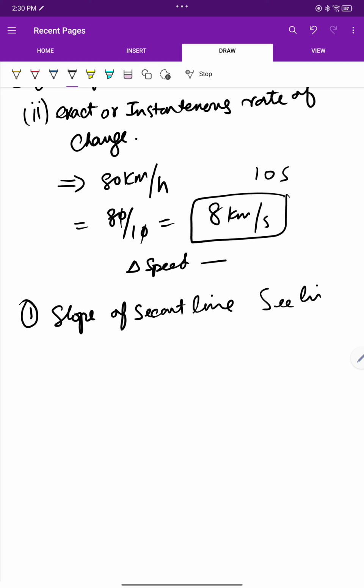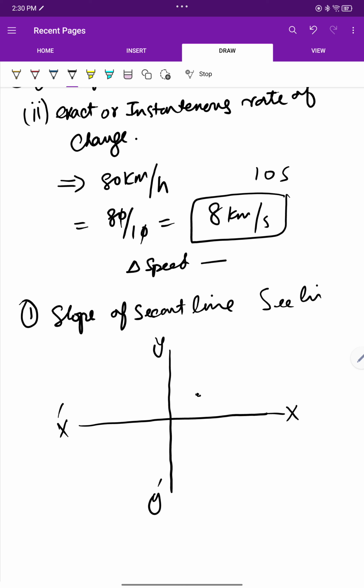And for this, if you want to understand, you need two variables. So what we do with two variables? As I told you at the beginning, you need a graph, y axis and x axis. So if there is a point A